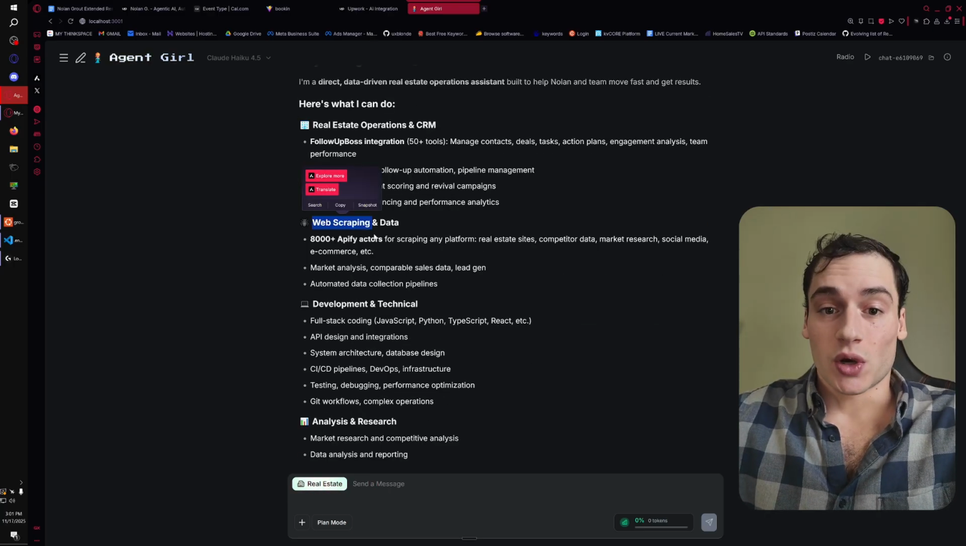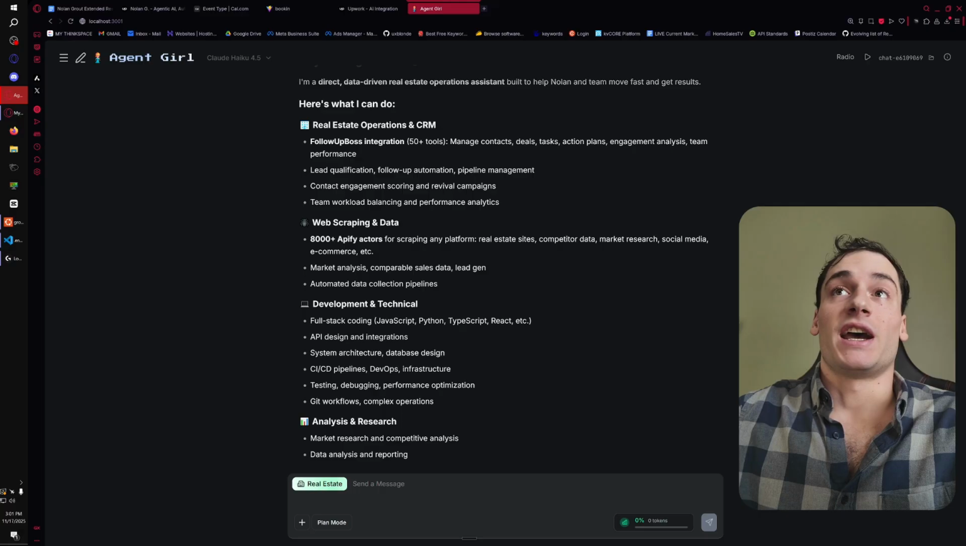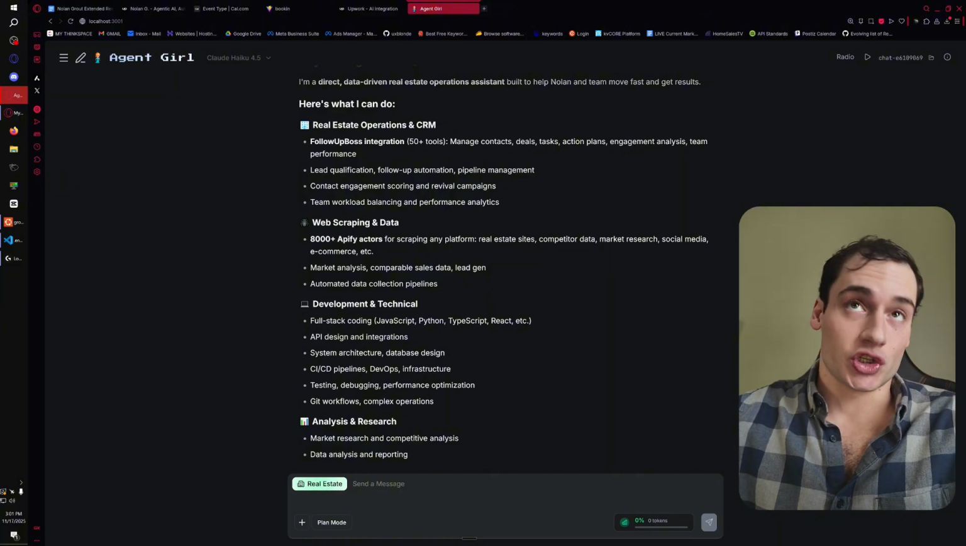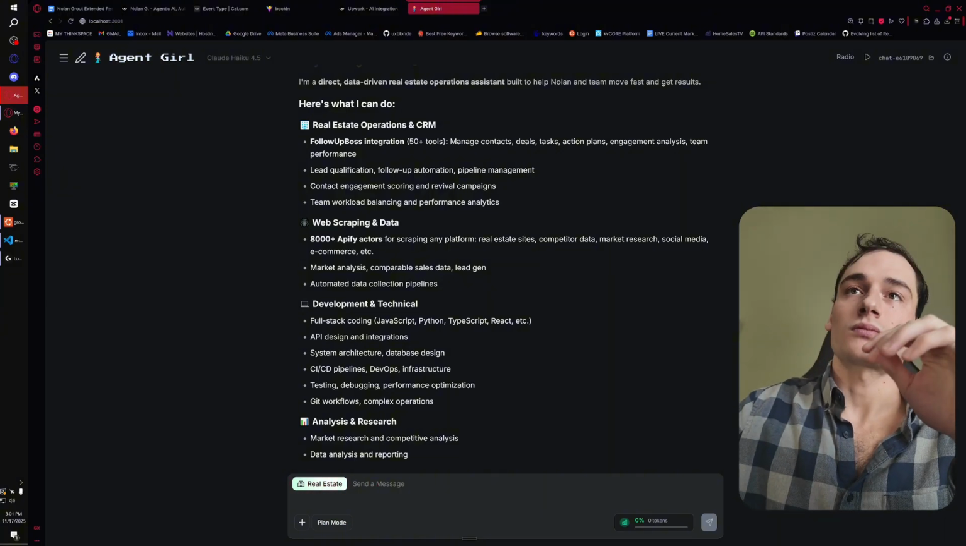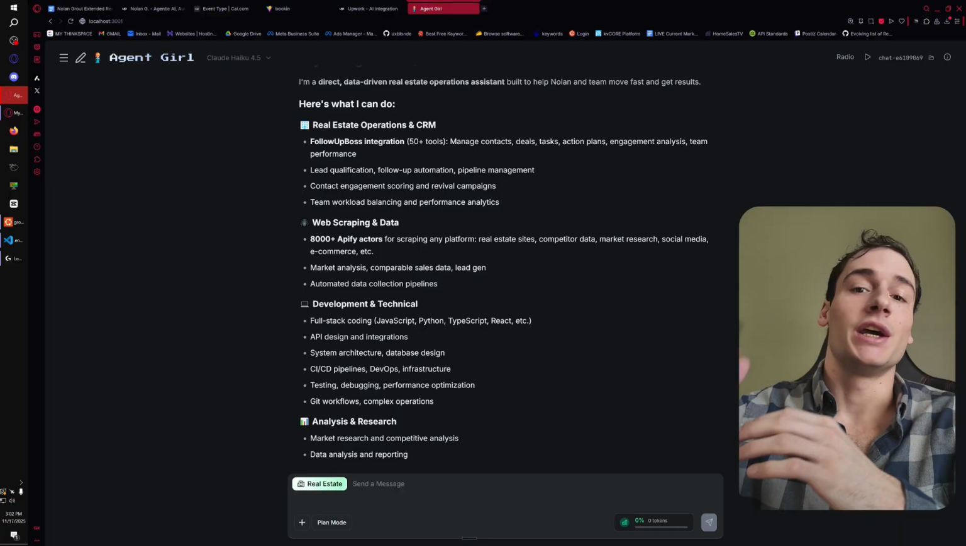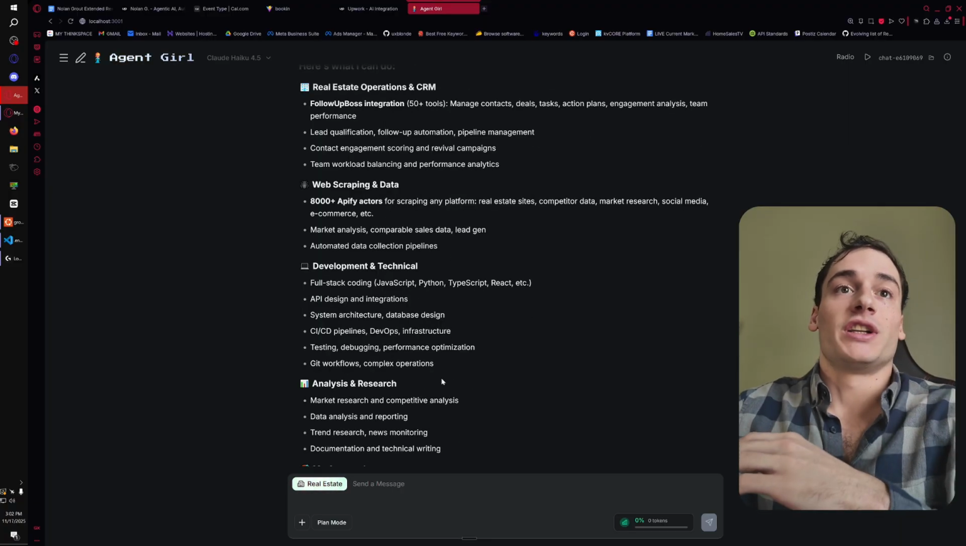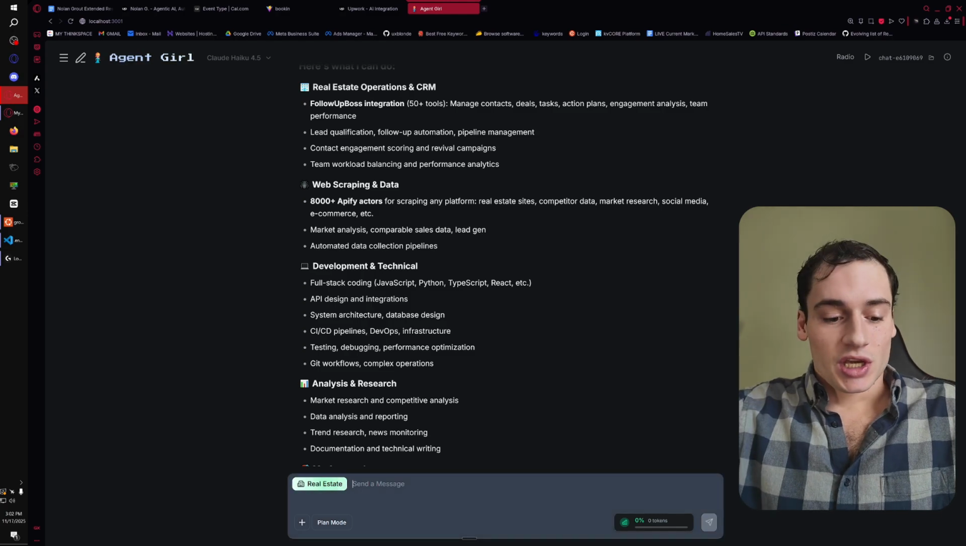Web scraping. So I also gave it an Apify MCP server so that it can access all the different Apify web scrapers and what actors, I guess is what they're called, to scrape real estate data, competitor data, all this stuff it's saying right here, right? All this stuff really is happening. So let's just see,